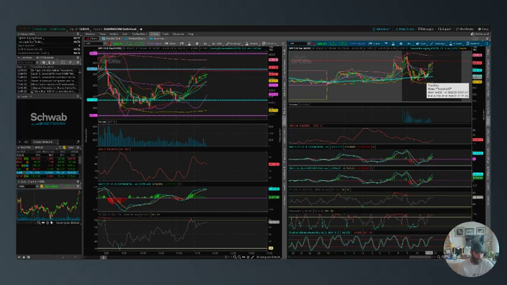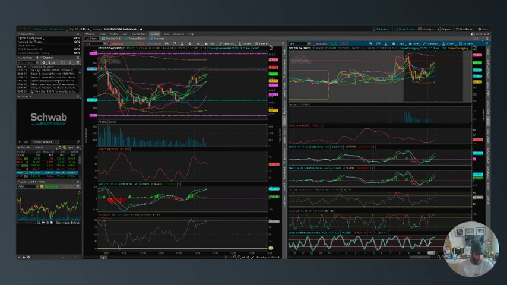Additionally, you can see here it's bouncing on the 200-day moving average, and again, it's making a higher low. So you've got these higher lows, higher lows, higher lows, higher lows, higher lows, and a really flat ADX. So I would go long here, and